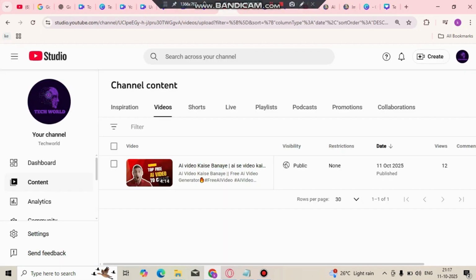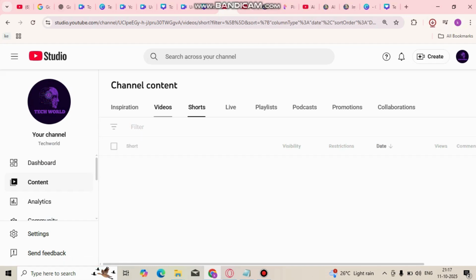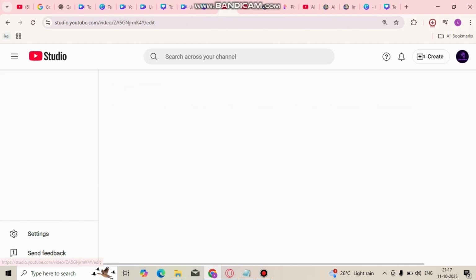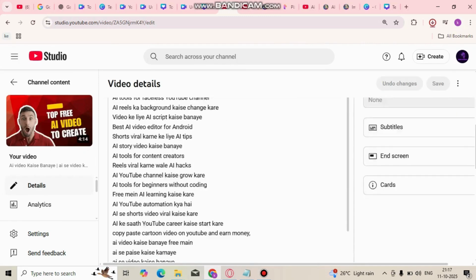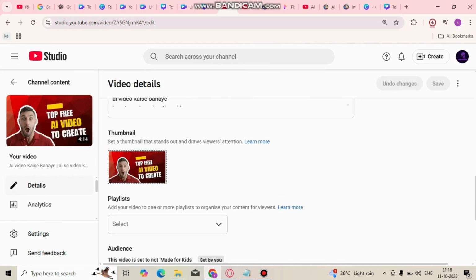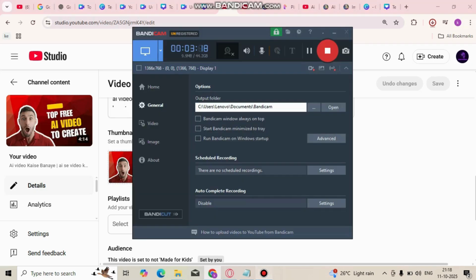And if you want to add that thumbnail to your YouTube channel, you have to just go to your YouTube Studio where you upload your videos and just edit that video. Then you have to just scroll down and you will find the thumbnail option there. So you just have to change the thumbnail. You have to just select the change option there, or if you are uploading it for the first time, then you have an upload option there, so you can upload